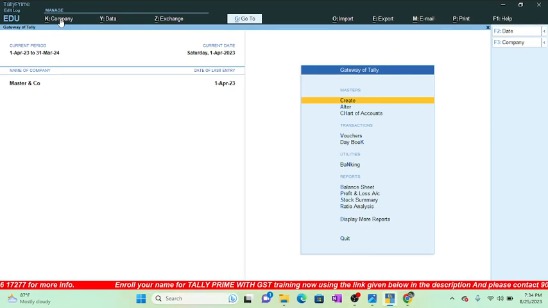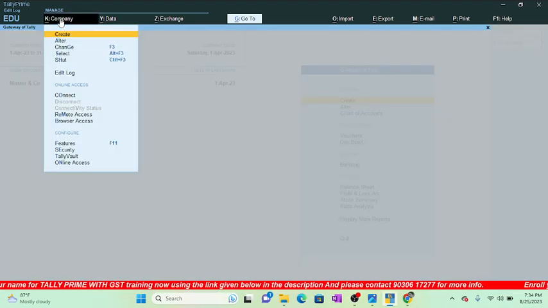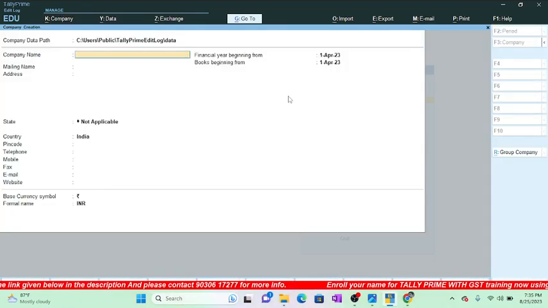So on the horizontal button bar you can see the company option. You just click on the company option, then select the create option if you want to create a company. Once you select the create option, you will get the company creation screen. So the company details, here you have to enter one by one. First the company name,